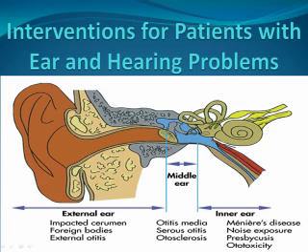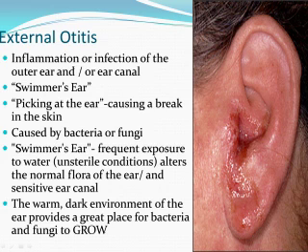Interventions for patients with ear and hearing problems. External otitis, diagnosed through otoscopic exam, not necessary to pull the pinna because it presents with red, inflamed, tender ear and ear canal with or without drainage. If drainage is present, obtain a culture and sensitivity. Treatment is Tylenol and codeine for pain, a cotton wick for antibiotic ear drops, use of new gauzes as a